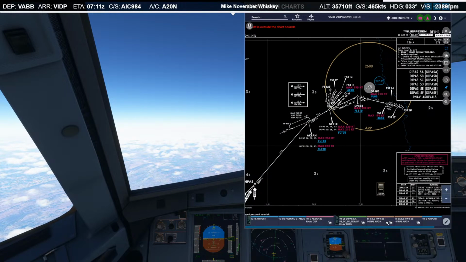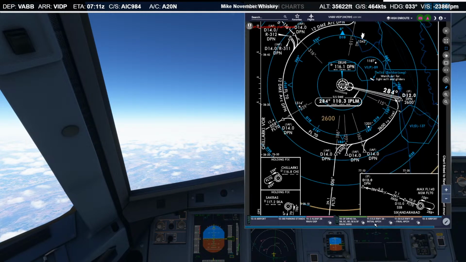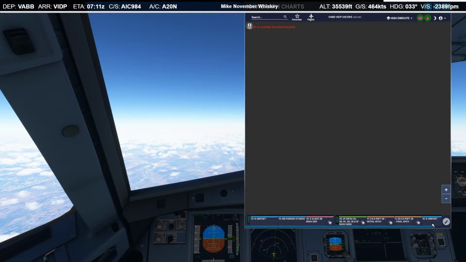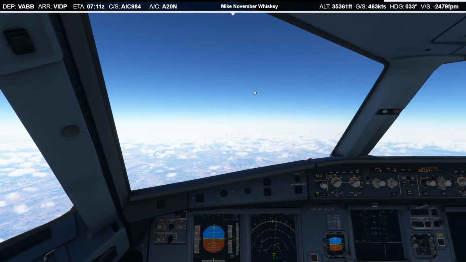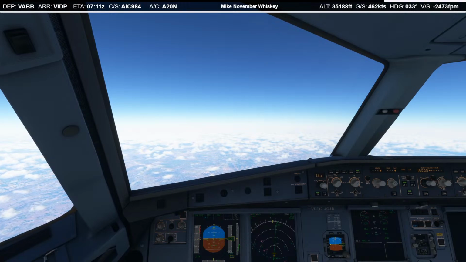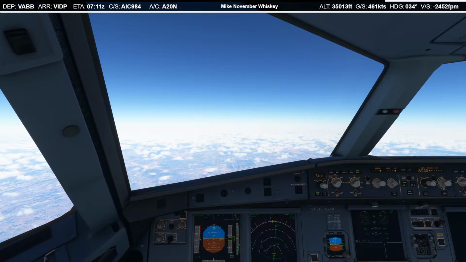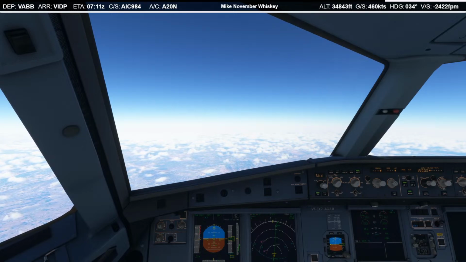Check airport elevation, because I do think Delhi's a bit higher. Yeah, it's 800 feet, roughly, above sea level. Down we go.